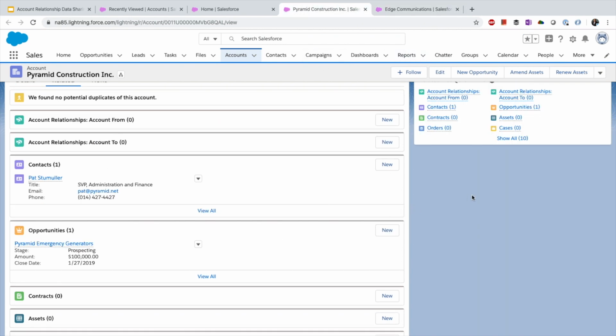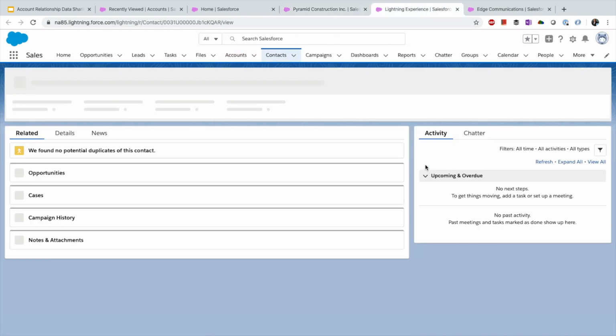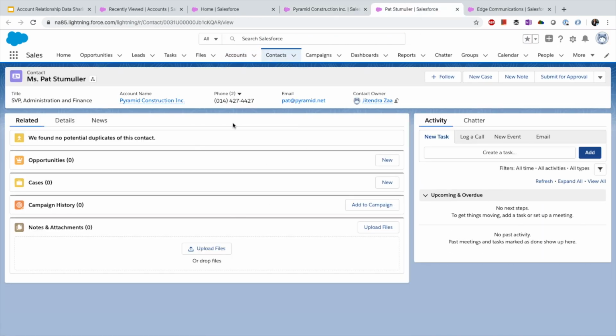Now in Pyramid, we have this user. This is the user I was talking about. Let's try to log in as this user and see how many records this user can see. So if you see, this user does not own any opportunity. So if I log in as this user,